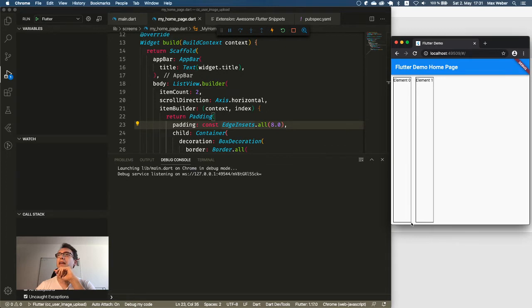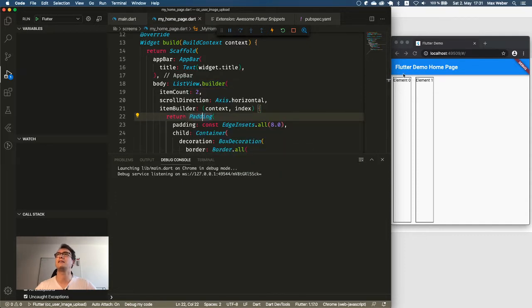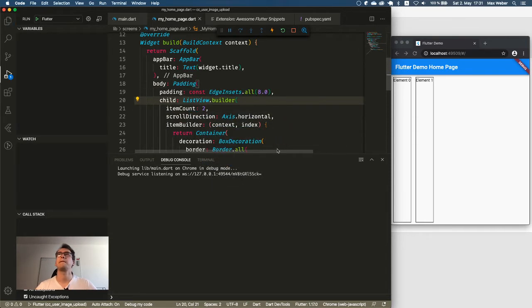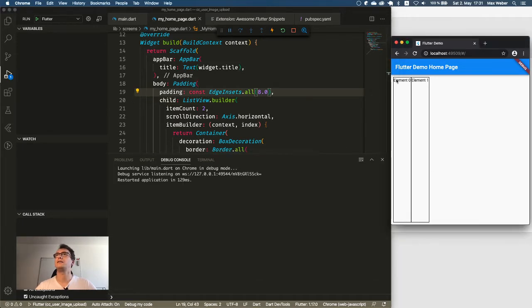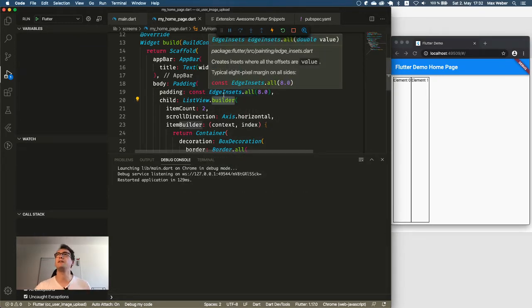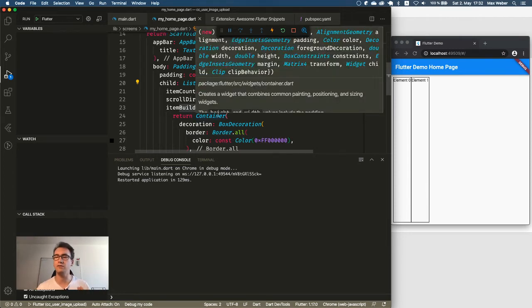So, and now we have the padding surrounding it in general. But I don't like that every item in the list is surrounded by the paddings. What I would like is that we have a padding on top and a padding on bottom, but surrounding the whole list view. So I will remove that padding here for now and add that to here. And what we can see now is that the padding surrounds the whole part. And now comes what I said. We have the builder, and the builder is good because the builder has the possibility to lazy load our items and creates them when they are in the view.